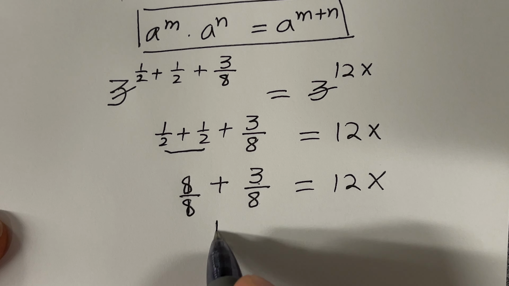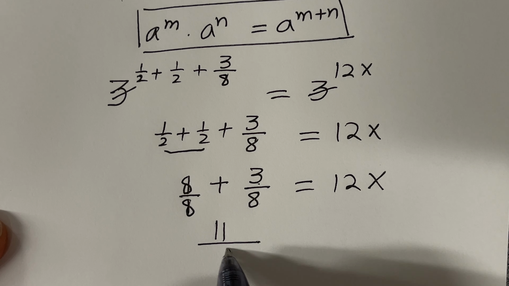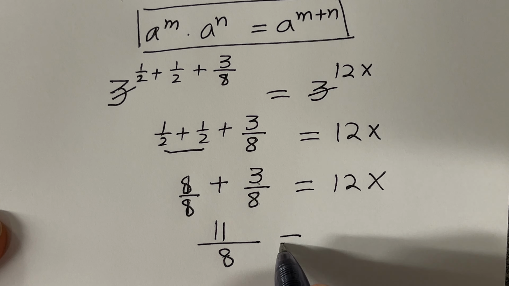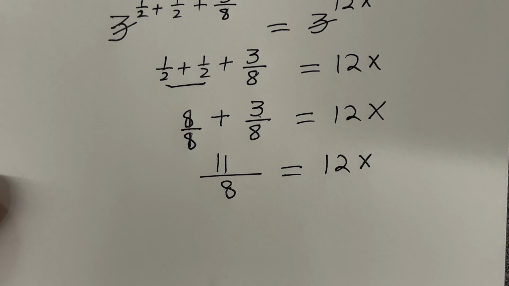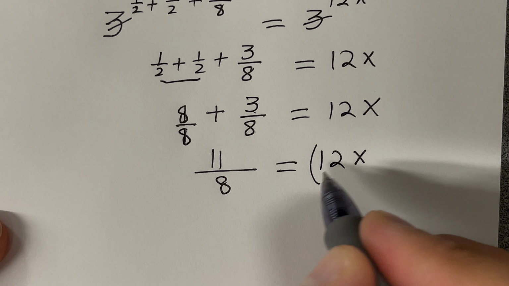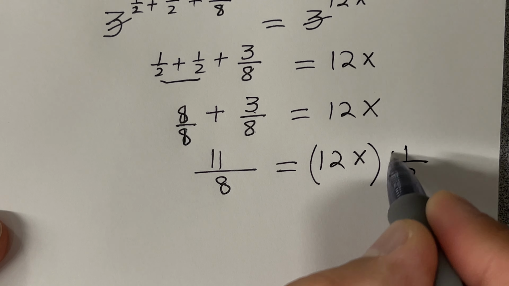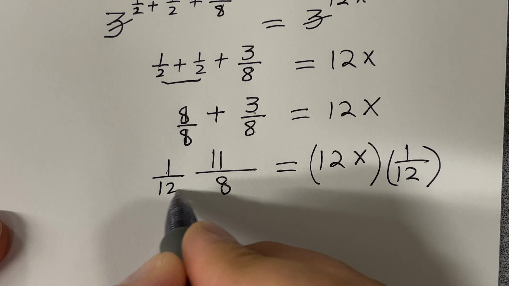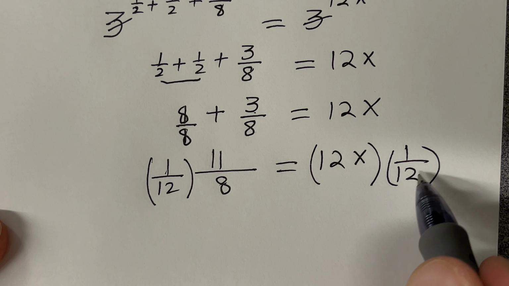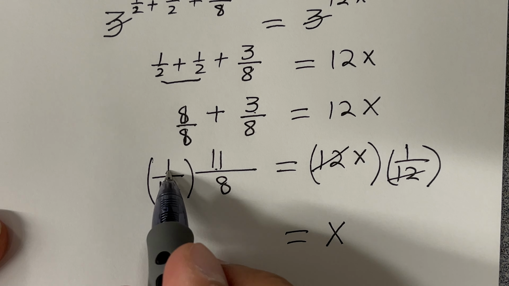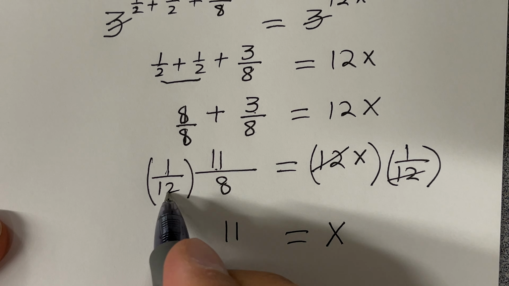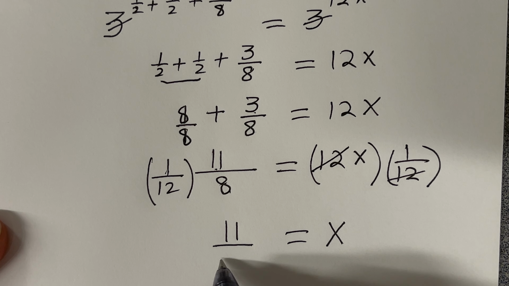So 8 plus 3 is 11, divided by 8 here, and the right hand side is 12x. We want to find the value of x, so we have to divide by 12 on both sides, and the right hand side is then equal to x, and the left hand side is 11 times 1 is 11, and 12 times 8 is